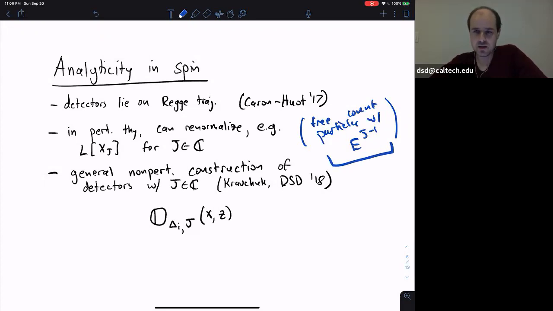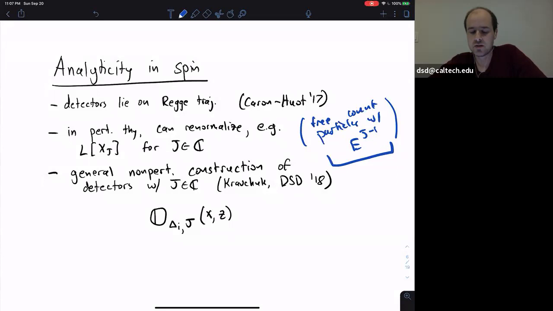This is something that people have observed in perturbation theory, that you can do this in examples. But if you're just working in perturbation theory, you might always wonder whether the thing that you're doing actually makes sense. And for local operators, we know that we should be able to renormalize them in a consistent way because we have this non-perturbative characterization of local operators in terms of the Hilbert space of the theory on S^(d-1). The nice thing about analyticity and spin is it is a different way of giving us that confidence for